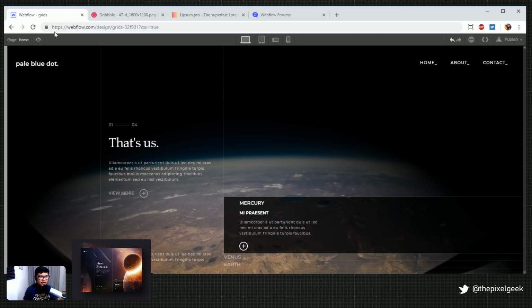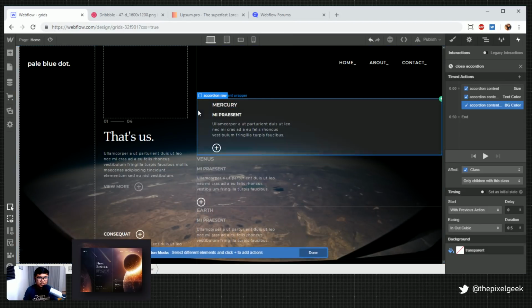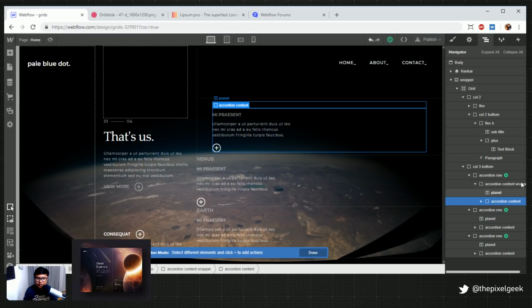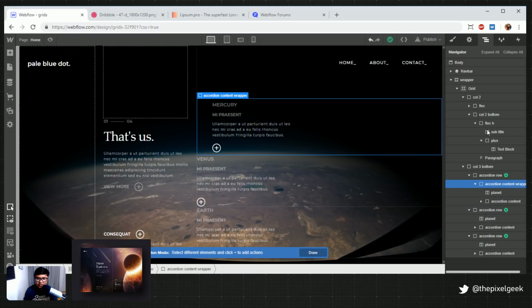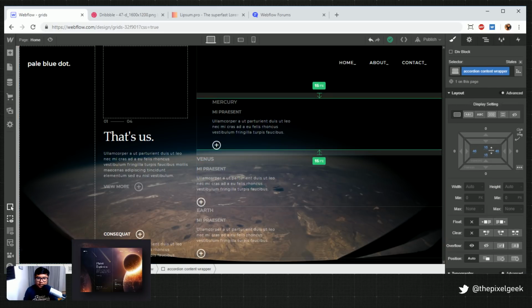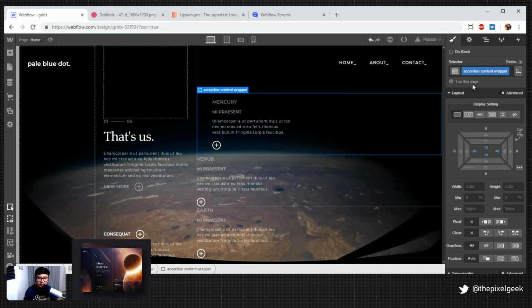See? I know what I'm doing. All right, so let's go ahead and fix the styles real quick of that one. Accordion row, accordion content, and then I'll just apply it to the other things. And we're good to go. See? No code needed. Boom. We'll go 16 like that.